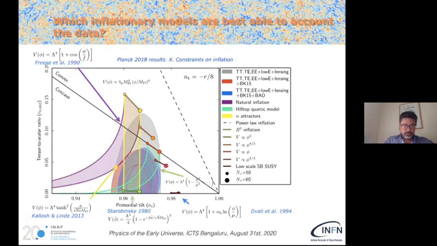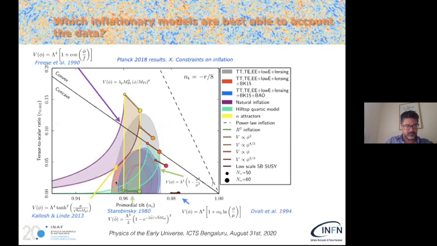In addition to the data contours, there are some predictions for inflationary models with the associated uncertainty in the post-inflationary era, usually taken as a range in the number of e-folds to the end of inflation between 50 and 60. We can see that the family of monomial potentials in gray hits the 2 sigma data contours, and from the opposite side in purple, there is the corresponding strip for natural inflation. The quartic hilltop model is inside the